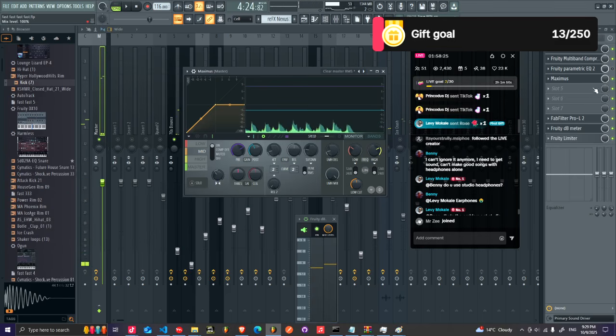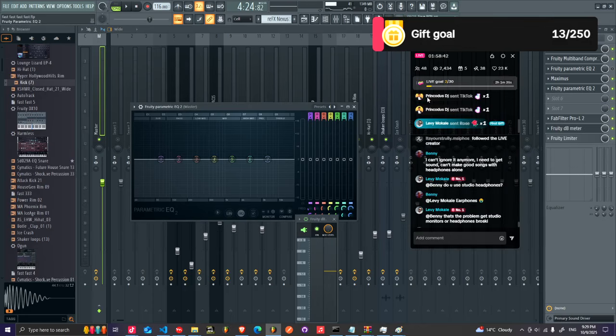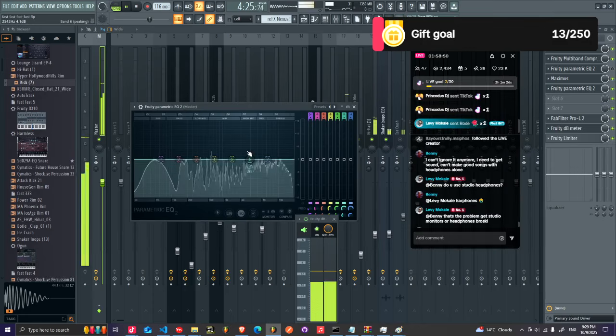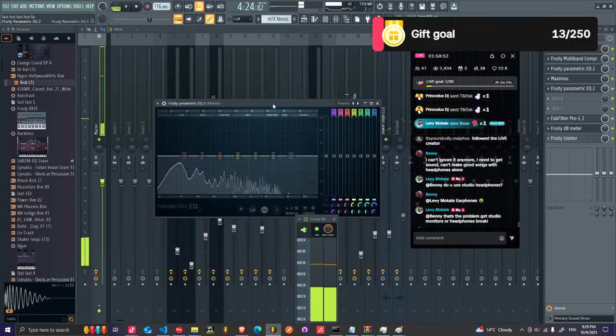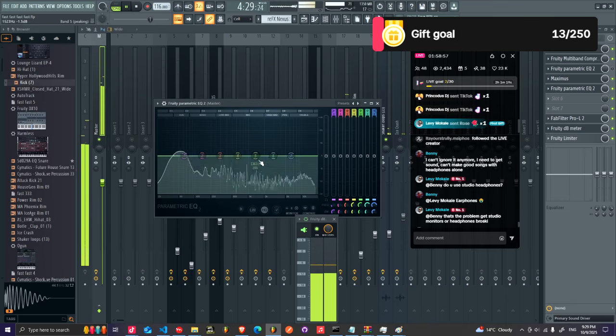Okay, I'm done with that. So now the next thing is I need to add this one. What's happening is I'm happy with that, but I feel like there are parts of the track which are not bright enough. So I need to look here, and you can tell which parts of the track are not bright enough by looking at this. You see here the curve is like,